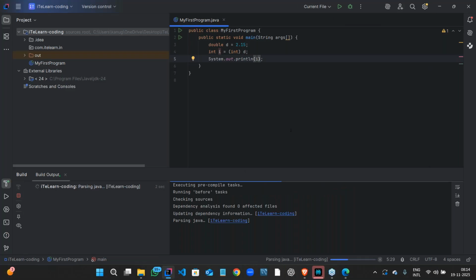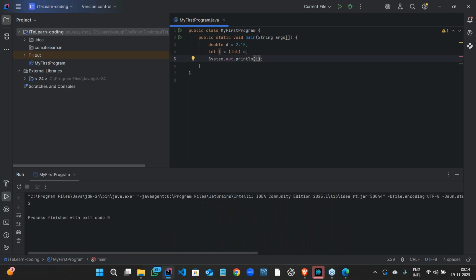So let's see, is it right? We need to get 2. Yes, we have got 2. The decimal point has been removed. So let's try keeping